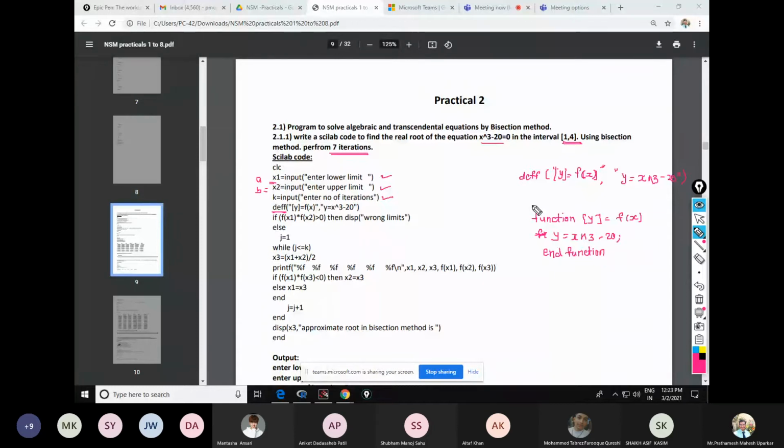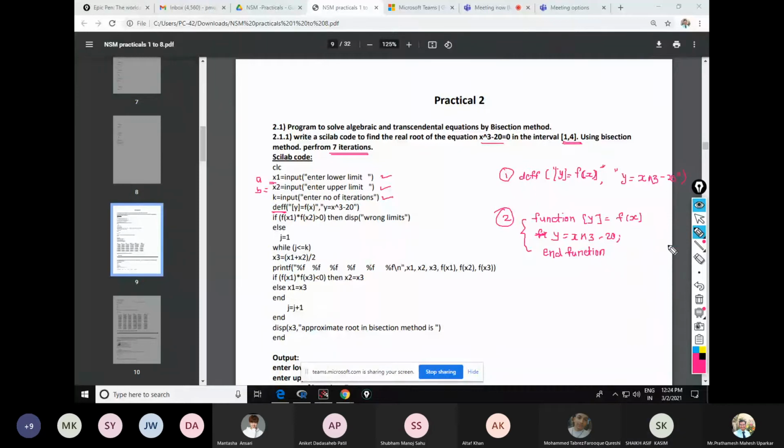See, ये जो कोड है DEFF, it is the short version of this function command. जो आप फंक्शन डिफाइन करते हो y में, वो एक स्मॉल कोड से डिफाइन भी हो सकता है, that is DEFF. This is a shorter version of this 3 line. So instead of this 3 line code, we have used only single line code. Are you getting this? You can either do by the first way or you can do by the second way. Both ways are the correct way to define the function. Are you getting this?